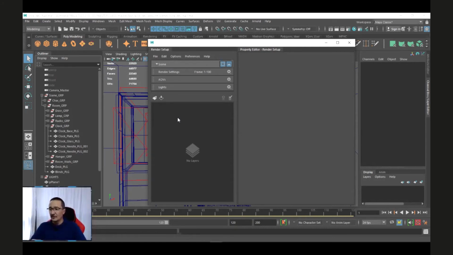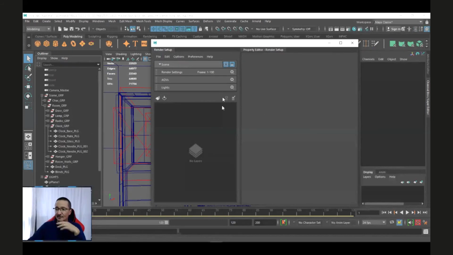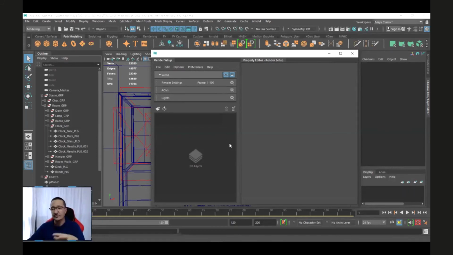For the render layers, it's very different because it's like you have a new scene. Each time you configure your scene, it's a new scene. So it can be very useful, and sometimes you have to use it. In my case, I can separate the character from the room, and it would be very nice to have AOVs for the character, AOVs for the room, and after that, composite the whole thing.